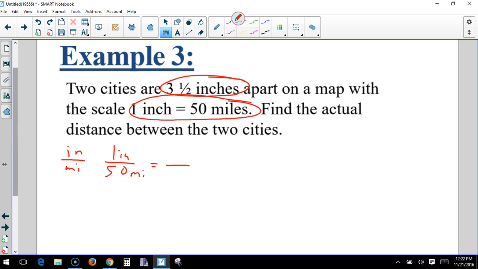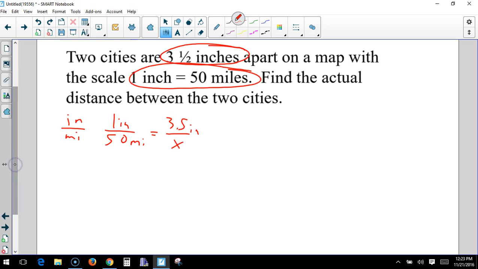I have 3.5 inches. So where's that going to go? Up here, because inches is on the top. And this is my unknown. And now I just have 1 times x is 1x equals 50 times 3.5. So x equals 175, don't forget your words,